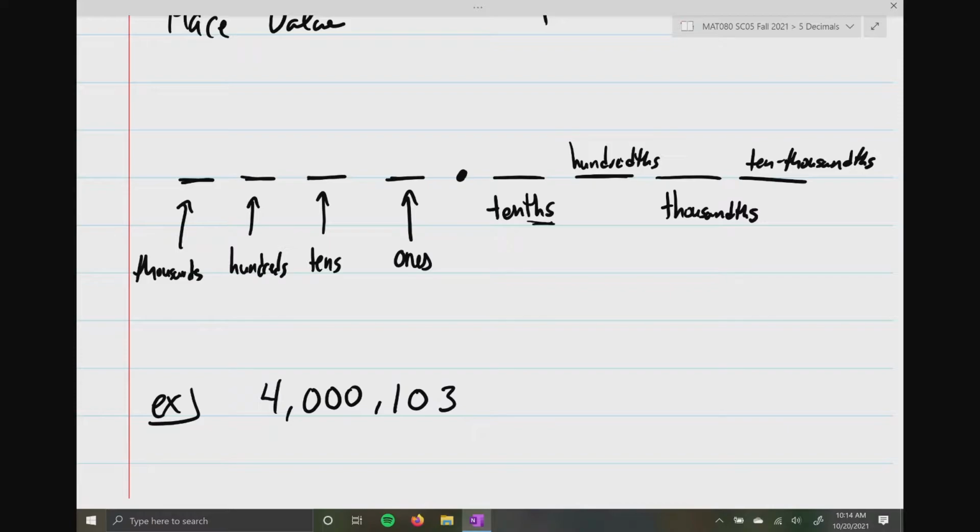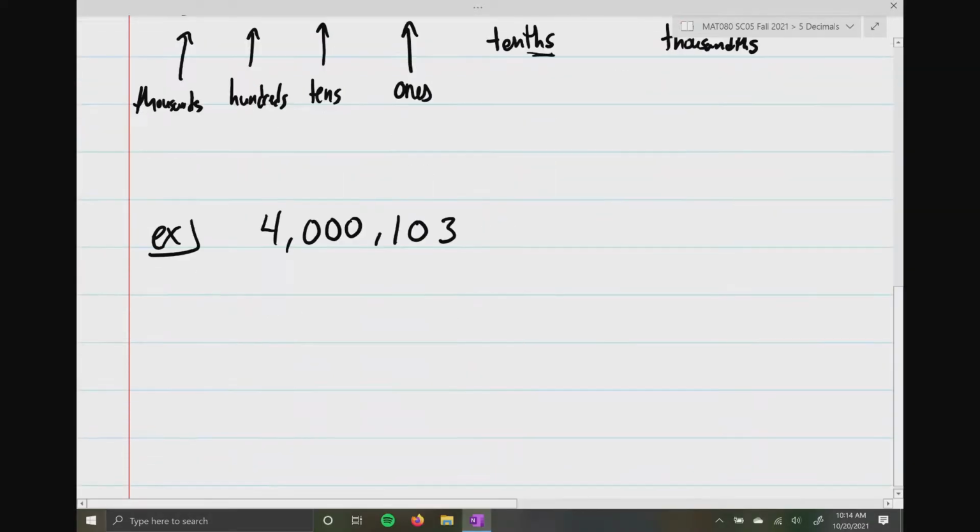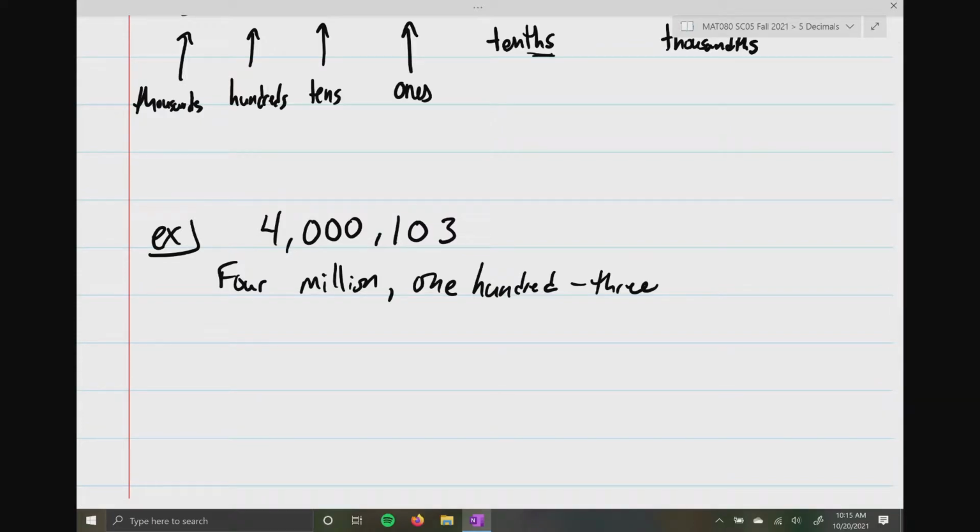Go for it. 4,103,000. Very good. So this is the number, and I'm going to write it down. 4 million, comma, 103. Now, some of us, and you don't have to tell me if it was you or not, but maybe at least one of us in the room, when you saw that number, you read it as this: